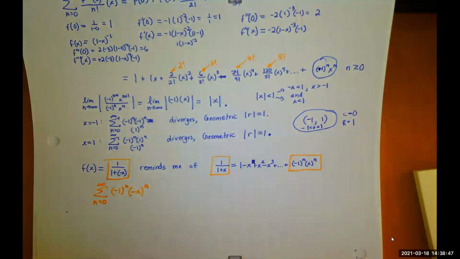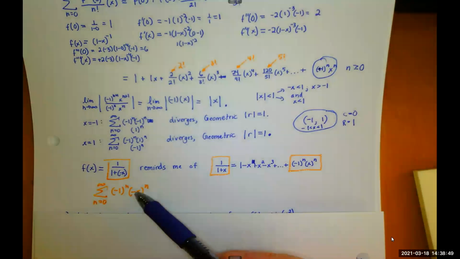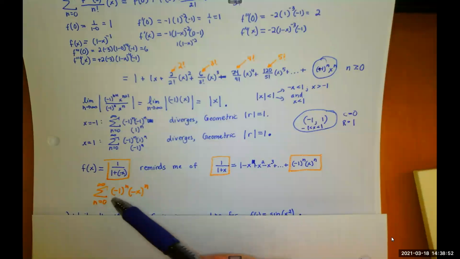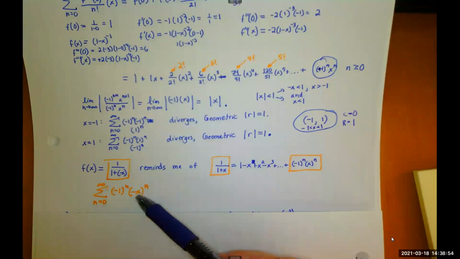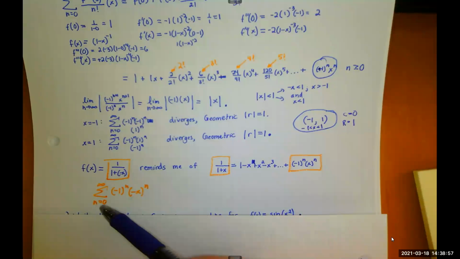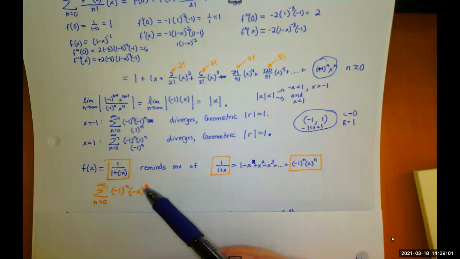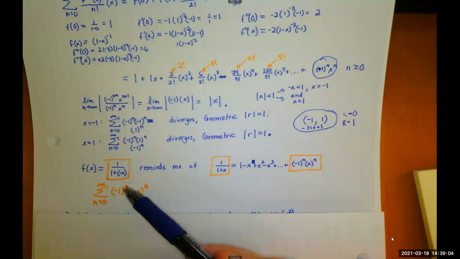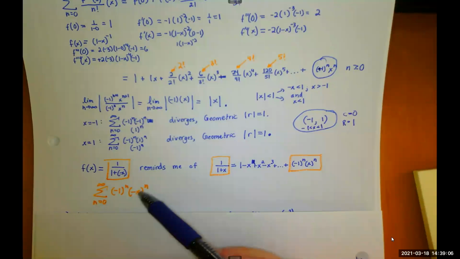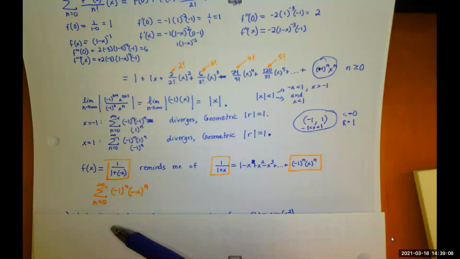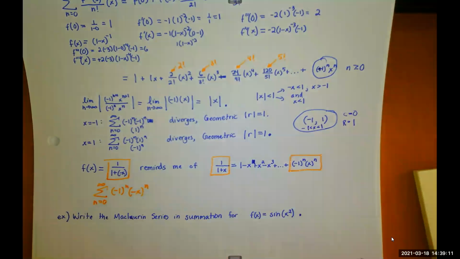You can test it. 1 times 1 is 1. Negative 1 times negative x is positive x. When n is 2, negative 1 to the second, negative x to the second is plus x squared. When n is 3, negative 1 to the third, negative x to the third is plus x to the third. Works the same way, doesn't it? Much more time efficient, isn't it? That, my friends, is the math we want to study today